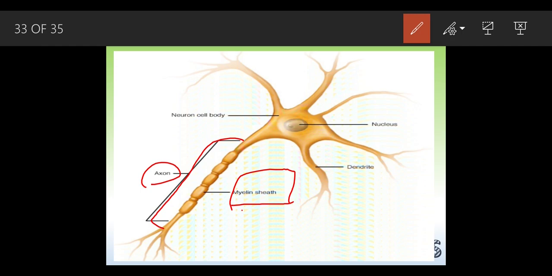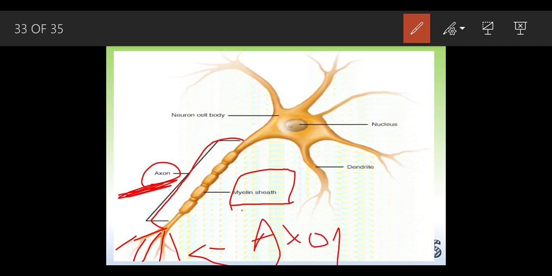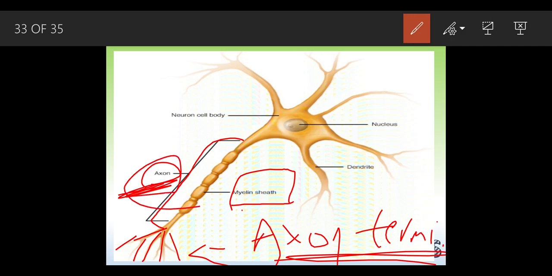And we can see at the end the branches again arise. So from where are these branches arising, from this axon, so they are also called the axon terminals. Why are they called the axon terminals? Because these branches have arisen out of this axon. And this structure is very important because it always comes in your board exams of 9th standard as well as your school exams.